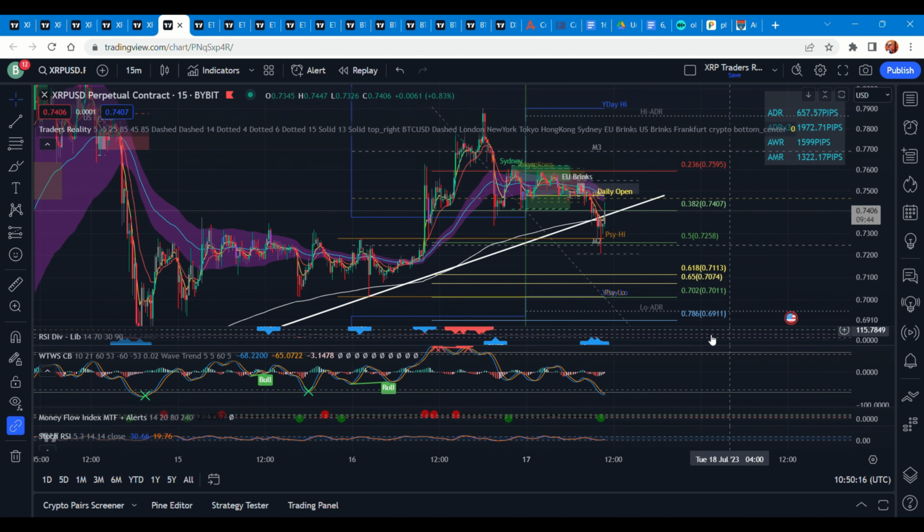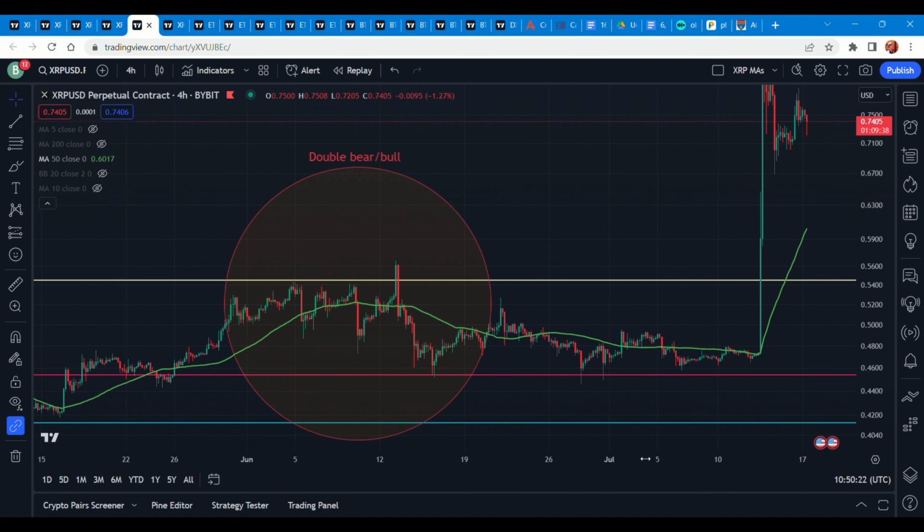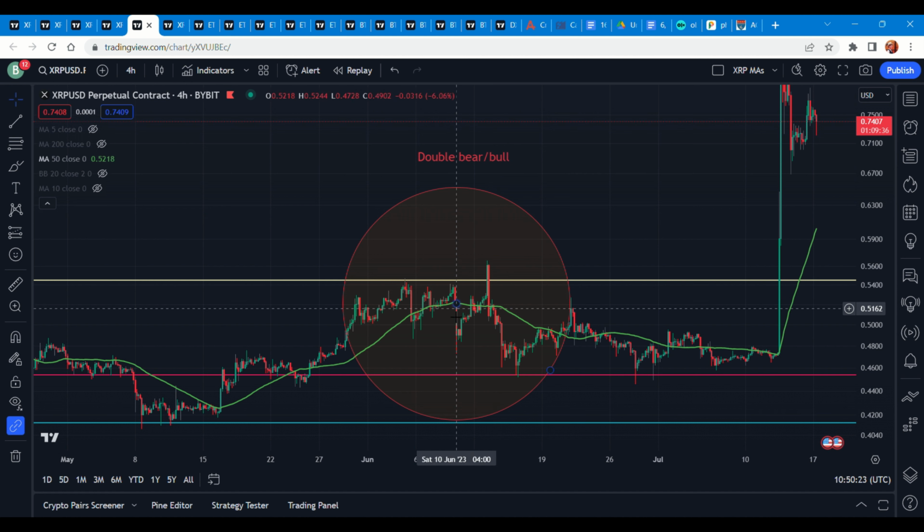Is the 15 getting exhausted? Let me have a look here at the wave trend. It's not looking great, but I don't have buy signals yet. Okay. All right. So